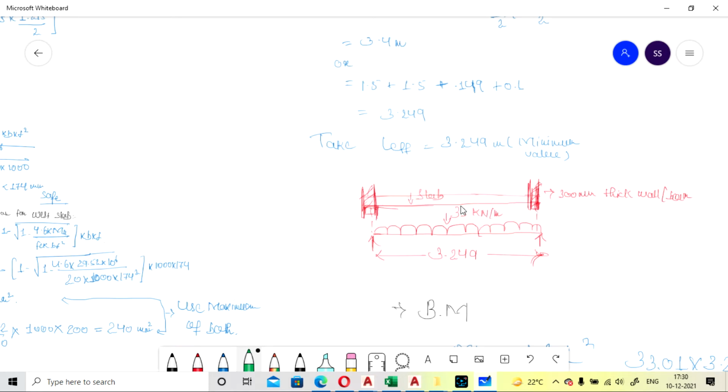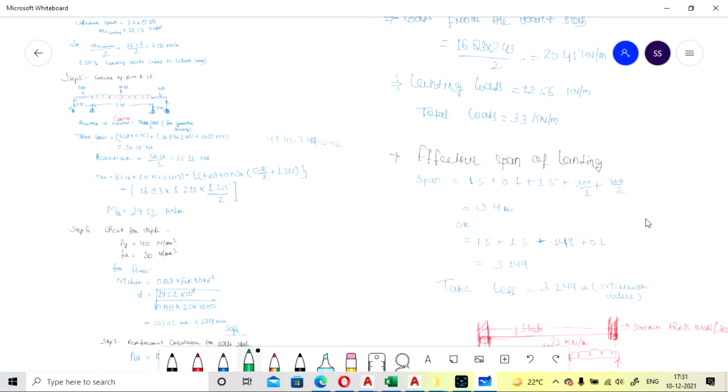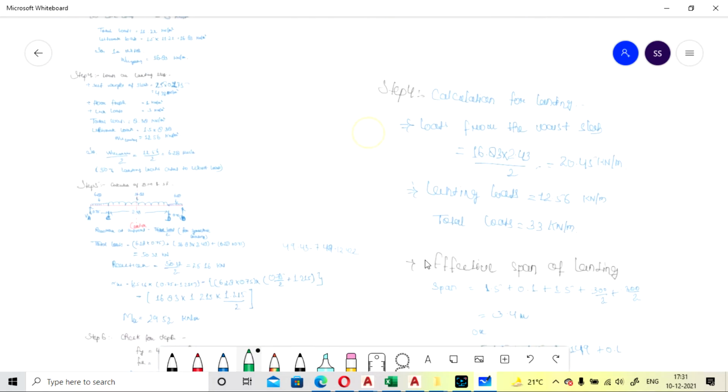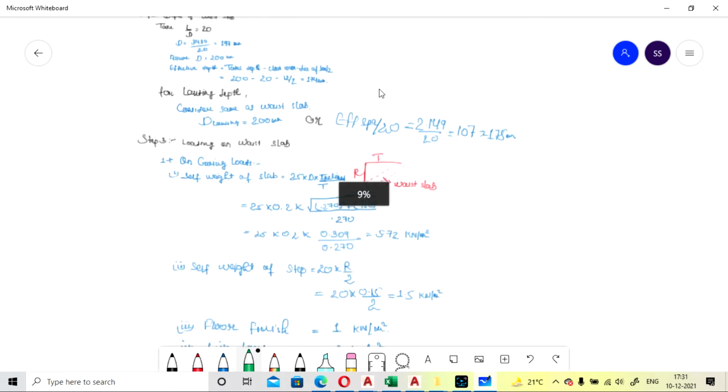Okay, so the effective span is calculated as the total length of the slab plus half of these both, or the total length of the slab plus effective depth. Whichever is lesser, you can go with either of the values. So here the effective length will be calculated as 2.149.